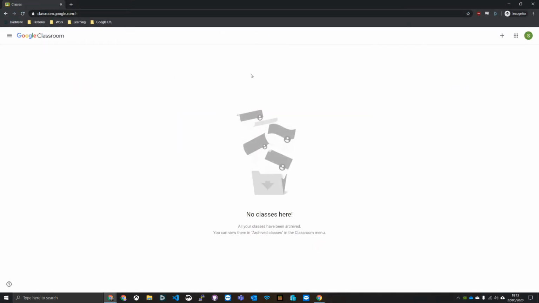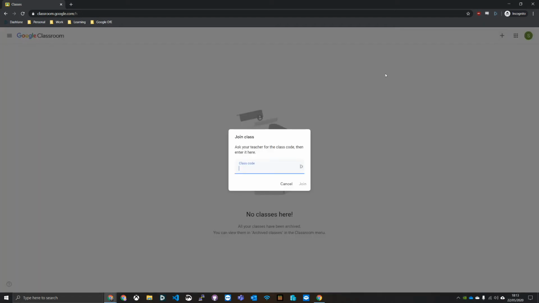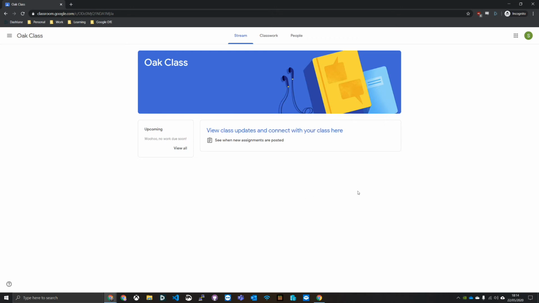we can see we're currently not a member of any class, but as a student we can click on the plus button and we will paste that code into the box and click the join button. Now we can see I've joined the class as a student. You can see I'm missing the option to post to the stream because we turned it off earlier on,